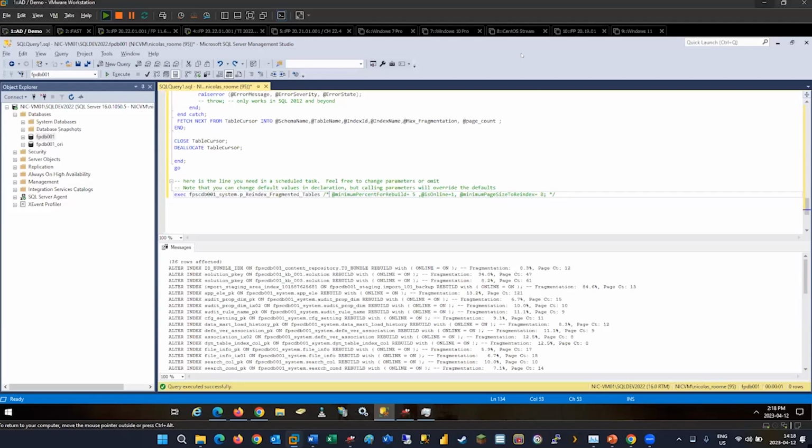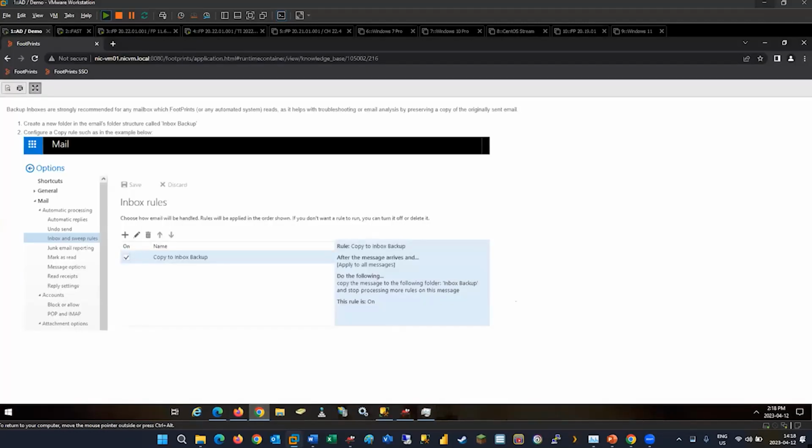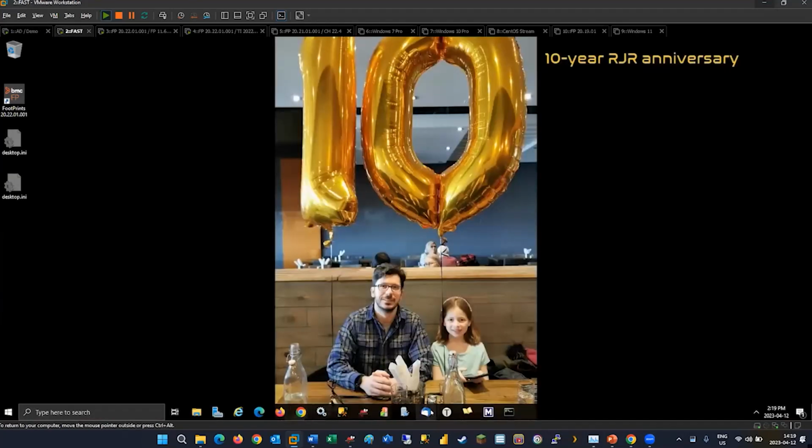Okay, so our next topic of discussion is email inbox backup. For that, what I'm going to show here is just the instructions that we've written in our own knowledge base for it. Now, you can do this a bunch of different ways, but essentially this is creating a backup inbox folder in your email. So if I actually switch here to my email,